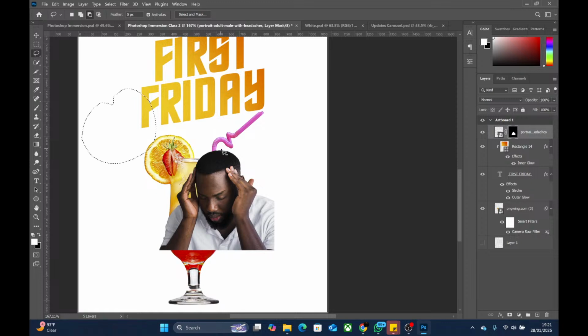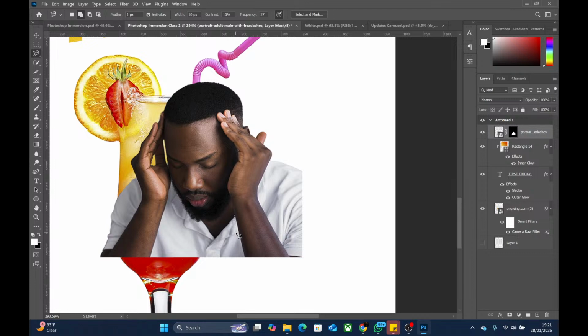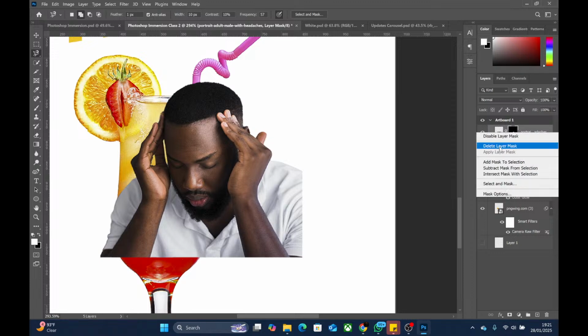Everything will join. Okay, the third one is the magnetic lasso tool. This one snaps around pixels. It works like a magnet, just like the name implies. So if I delete this layer mask, don't bother yourself about this layer mask thing, but because of the practice I gave you, once you do that selection, you just click on this little icon down here. That is the layer mask icon. It will activate that thing for you.